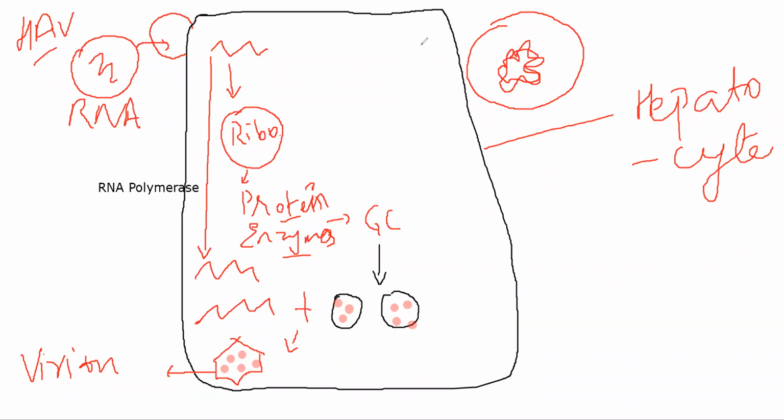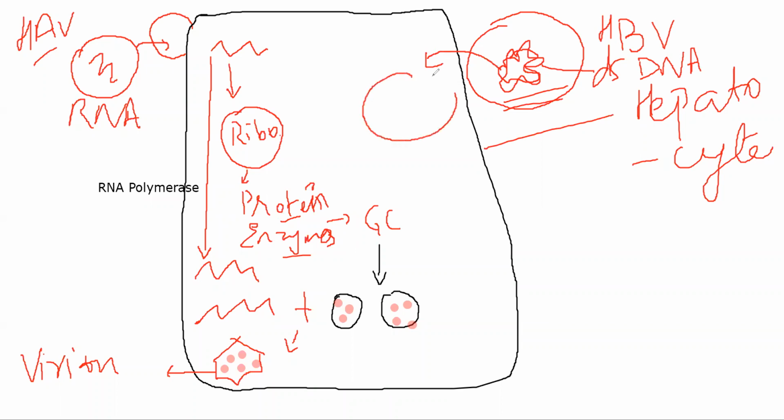What is happening here? Now, coming to this, let's suppose it is HBV. Okay, this is a DNA virus, so it is a double-stranded DNA. What this fellow will do is enter your nucleus. Let's suppose this is your nucleus. It will uncoat, and it will unwind, and it will attach to your own DNA. So this viral DNA has a capability of attaching to your own DNA, to human DNA.